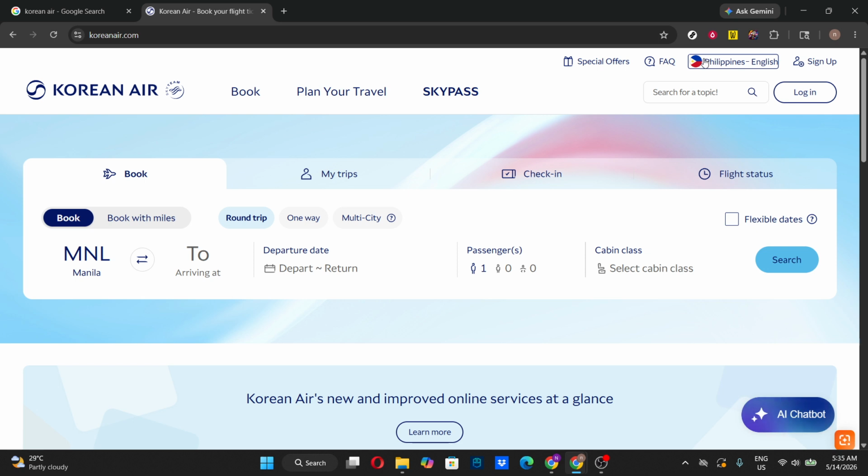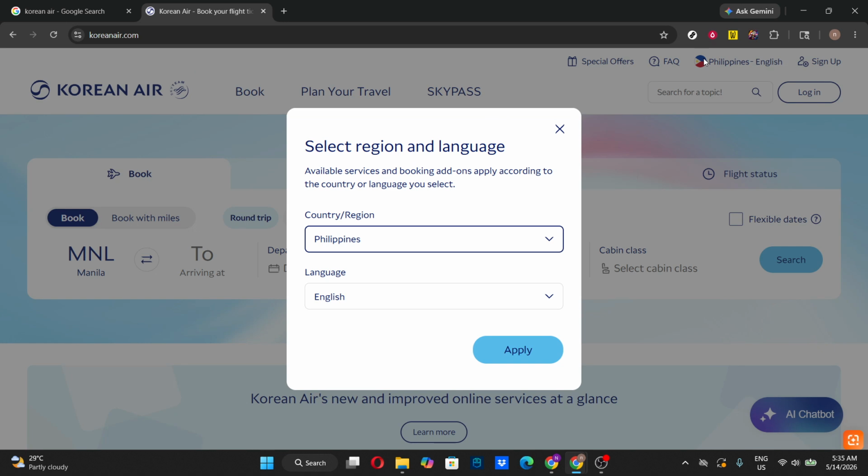When you see the flag icon, click it to open the language and region panel. This brings up a simple settings window where you can adjust two key things, your country or region, and the display language. These two fields work together to tailor the site. The region typically influences items like currency, local promotions, and contact details, while the language controls how the content itself